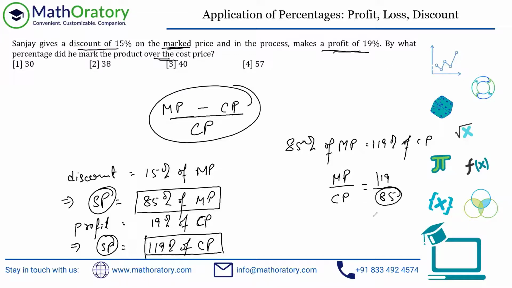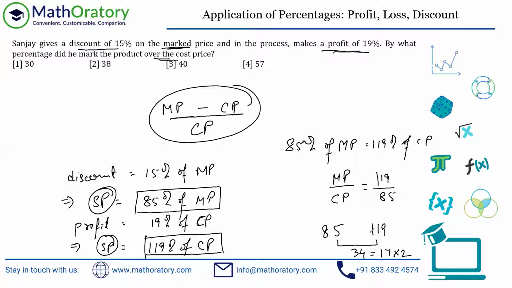If you can see that 85 is 17 into 5, then you should look for a factor of 17 in 119. You will figure it out. If you're not good with it, I can show you one technique. This is an easy, simplified way of calculating HCFs. When you have to calculate the HCF of two numbers, what you do is just take the difference of these two numbers. So 85 and 119 have a difference of 34, right? Now try to find factors of 34 rather than these two numbers and try to fit those factors into these two numbers. So for example, in this case, 34 is 17 into 2, right?